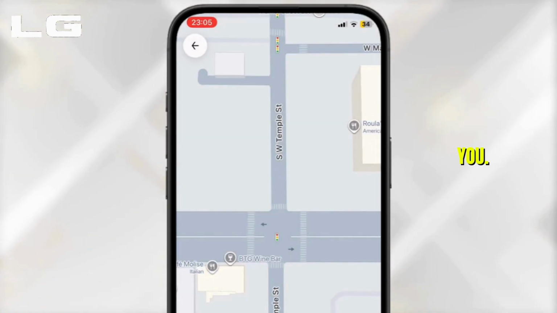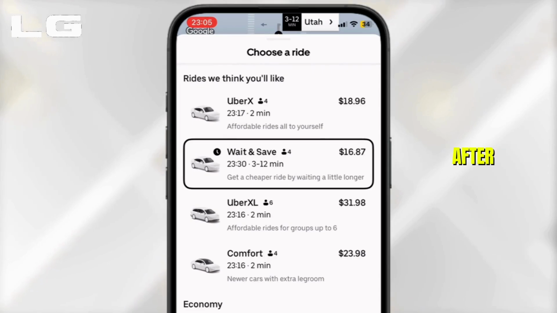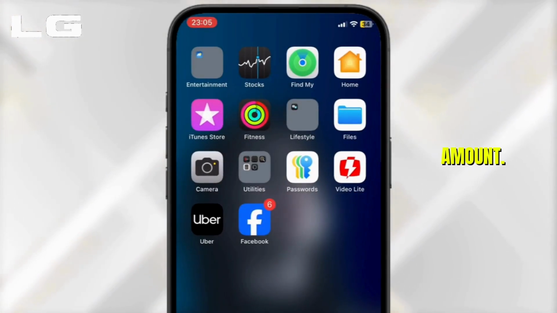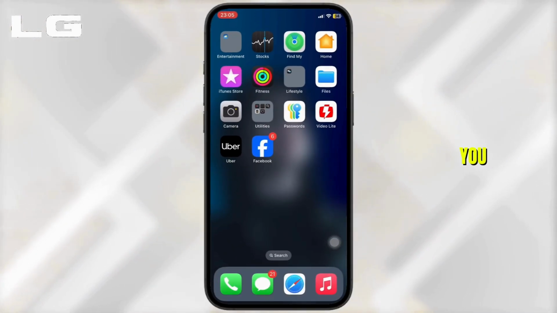They will call you or text you when they reach the location. After that, take the service and pay the amount. So this is simply how you can use Uber for the